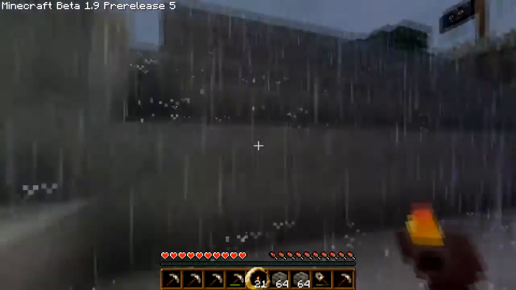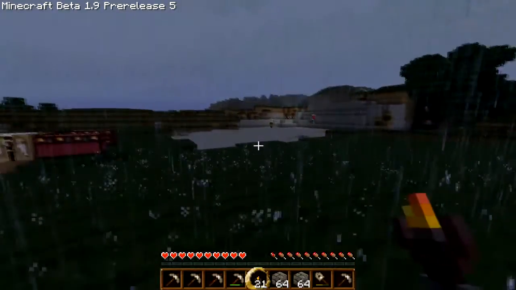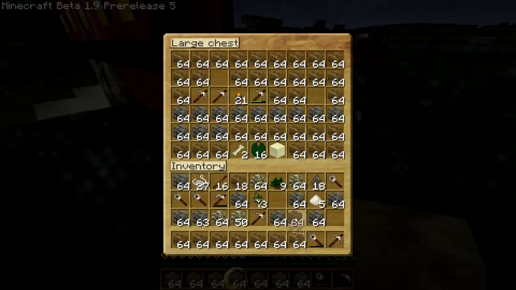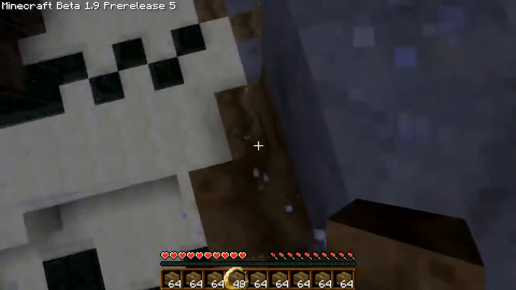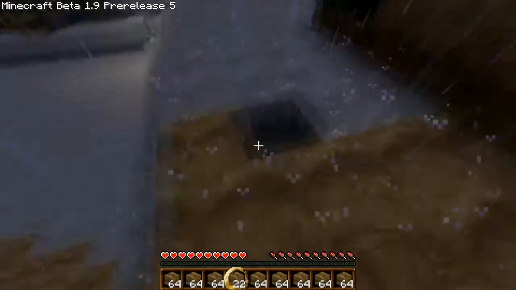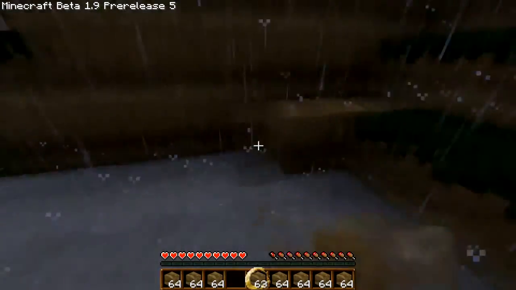But then again, cobble is a necessity. I was thinking maybe the torch thing is a glitch, so it might be taken off in a future release. Yeah, probably. I think it's been in since the beginning of Minecraft, so...